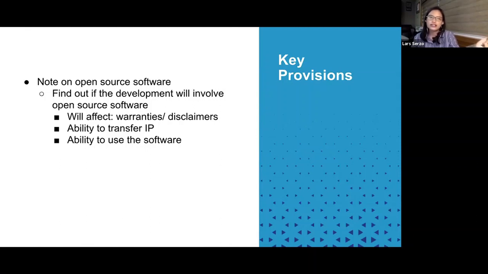And then also another note on open source software. Most of the license provisions for open source software would require the user, so they can use it for free, right? But in exchange, the developer that incorporated the open source software would have to disclose the resulting product which incorporated the open source software. Now, if you're sensitive about the secrecy of your code, etc., then this is something you have to watch out for.